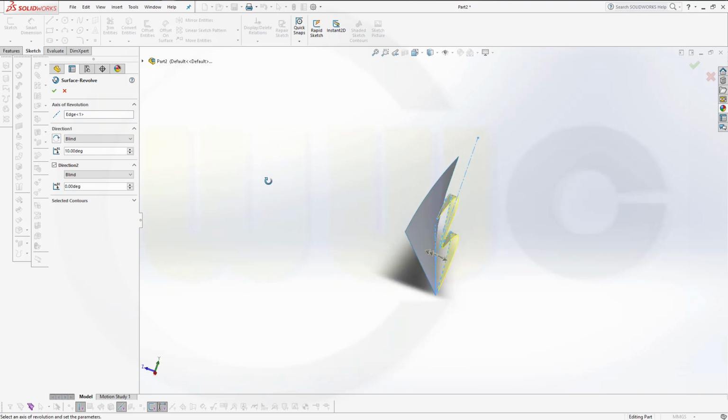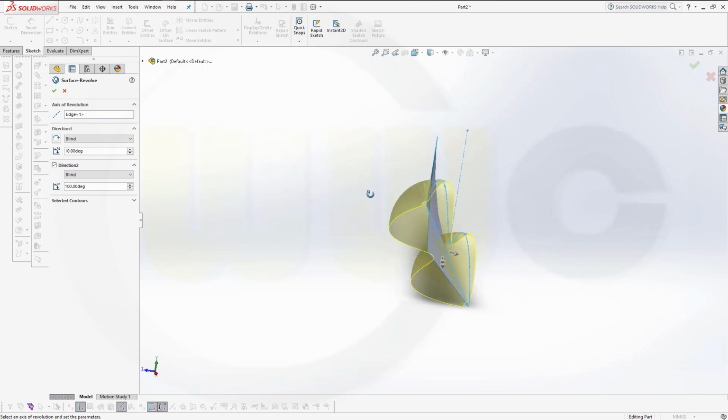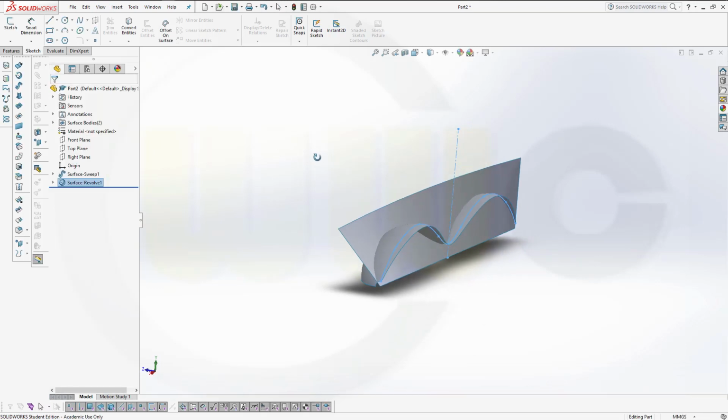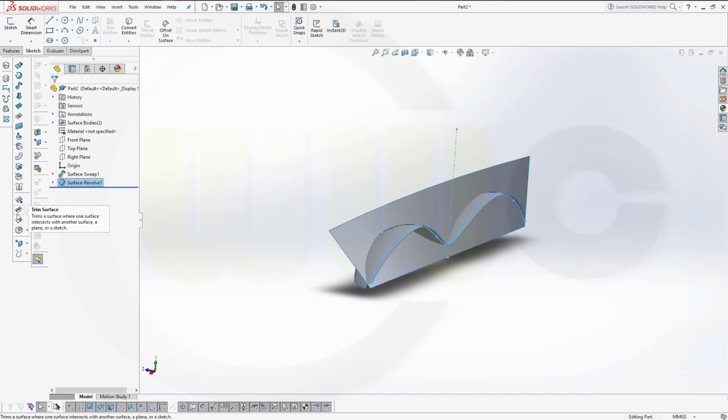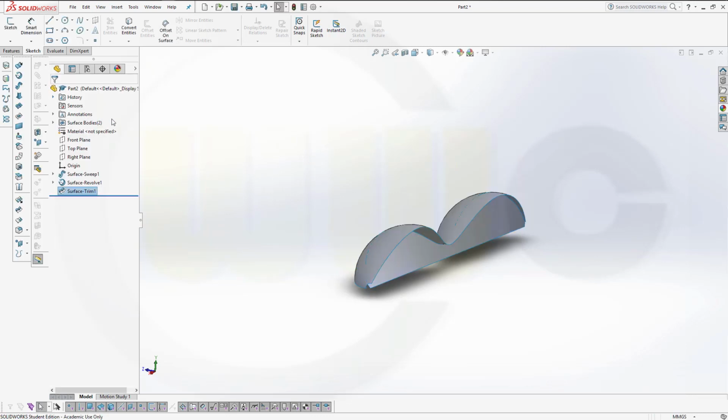Let's take a look. And the other direction maybe 100. That's okay. Confirm. Now trim. That should be here, yes. The surface revolve is already selected. That's the trim tool, yes, and I want to remove that selected area. Confirm. Now hide